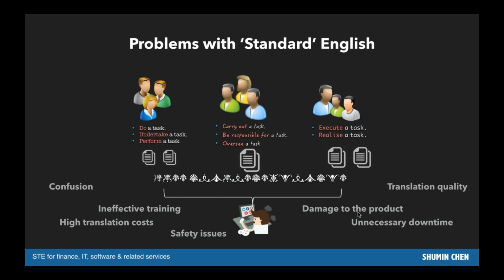Also, many products require training for engineers or service staff, even for users, operators, and of course, technical documentation normally forms the basis for training materials. Again, if your training materials or tech docs have complex language, it's going to make it more difficult to get your message across. So training definitely will eat up more of your time, be very much less effective, and therefore affects the usability of your product. So documentation in the end is all about getting our important messages across.